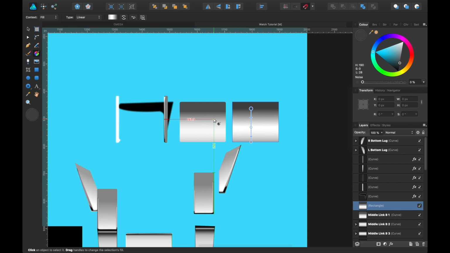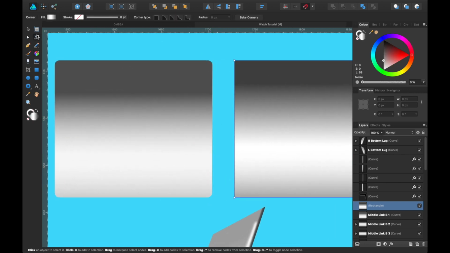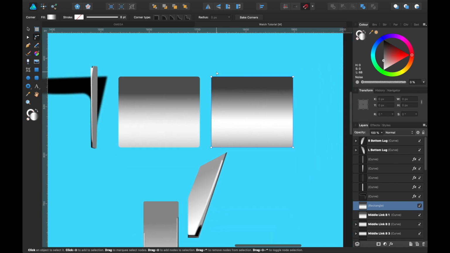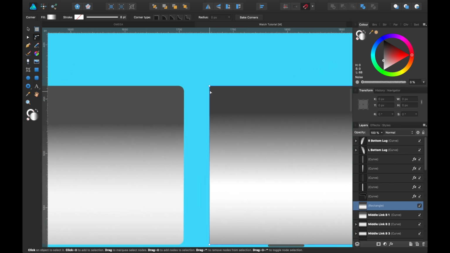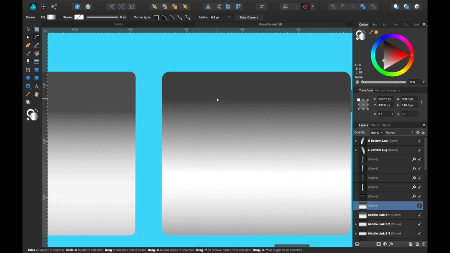So some of the other bits that I included, you see these rounded corners? Again, you can select just one rounded corner, and round it off like this. Or you can select all of them. So using the corner tool, I can just select all of them like that, and then go in like that. And that's it, they're all done.